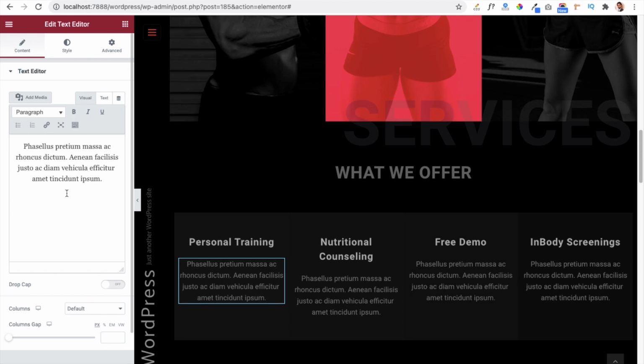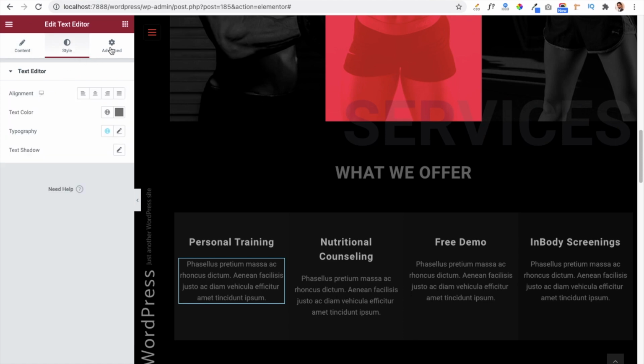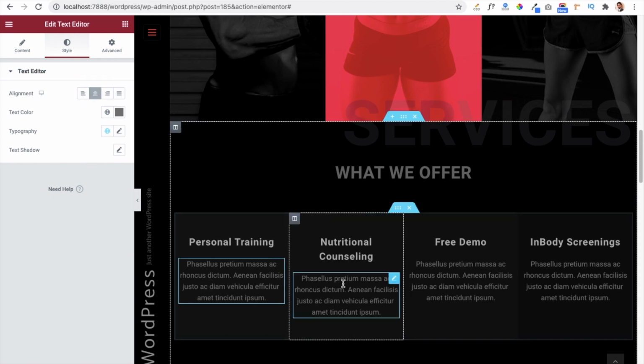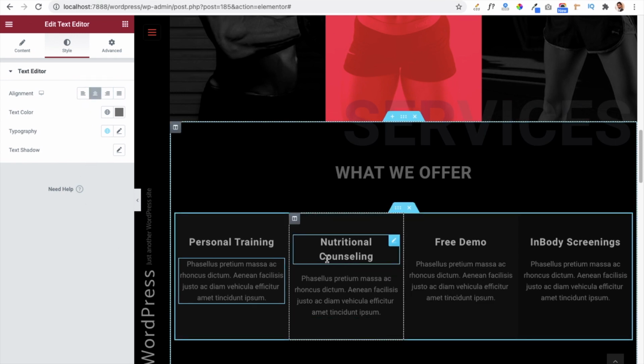So you can also manage these modules with the help of the style tab and advanced tab. Each module has different settings, so you can use them according to your design requirements. Suppose you can align the text in left alignment, center alignment, right alignment, etc. Now similarly you can manage this module in the second column, third column, and fourth column.